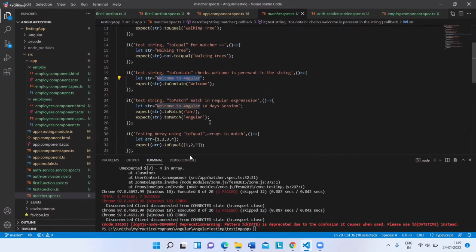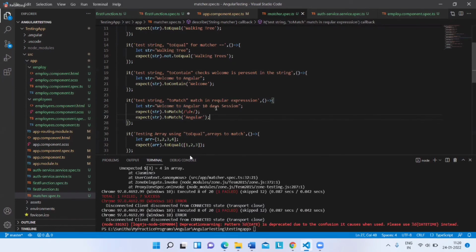Next we are testing toMatch. This one I'm not going to test. Generally toMatch is used when you are checking for regular expressions, or when you are checking for an exact match. Here str I have given as "welcome to Angular 10 days session".